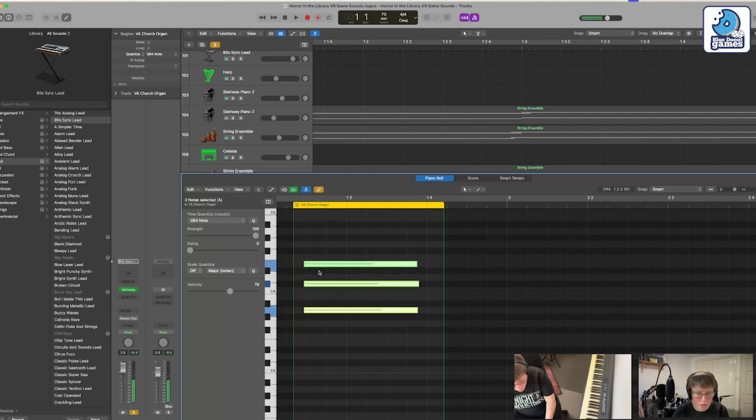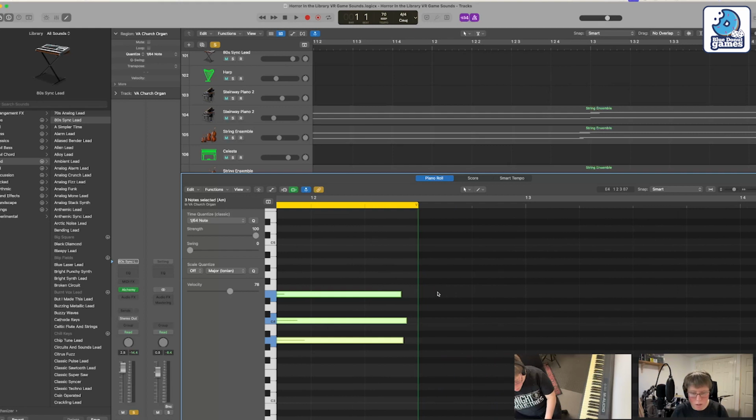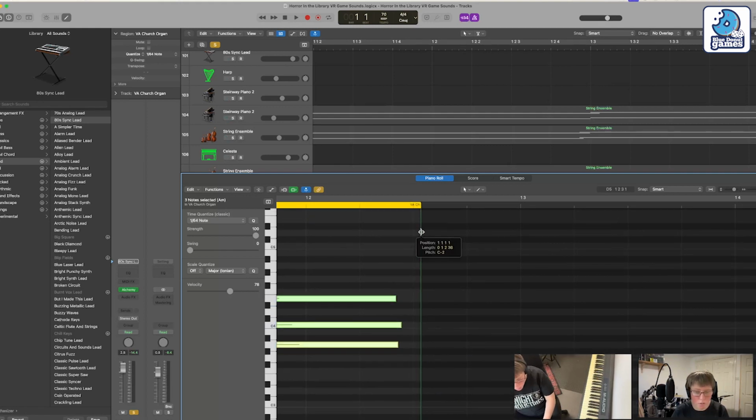then if I highlight it and press quantize now, it should do it. There we go, it's done it this time. You can see the notes were out, and you can see this Q button. I just pushed it and the notes are snapped to the grid on the piano roll. Like I said, it doesn't always work, but it's handy. You can see this line here is where the grid is. So we can select these notes, drag it,